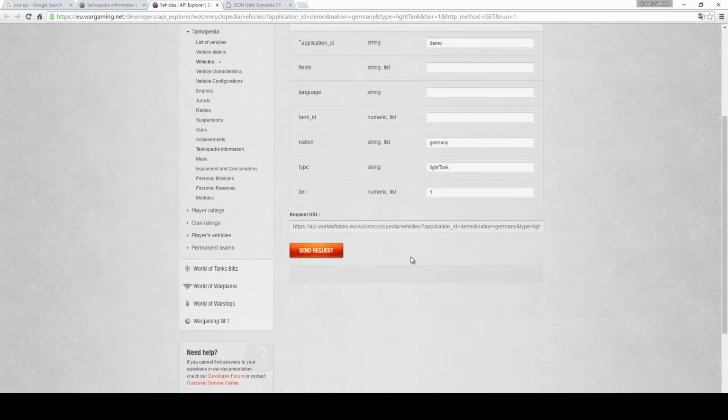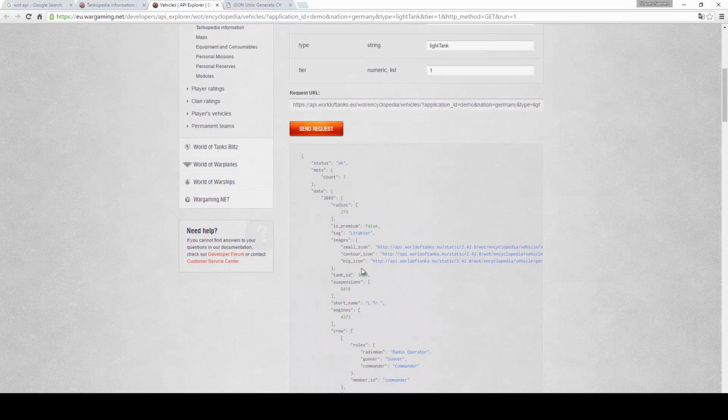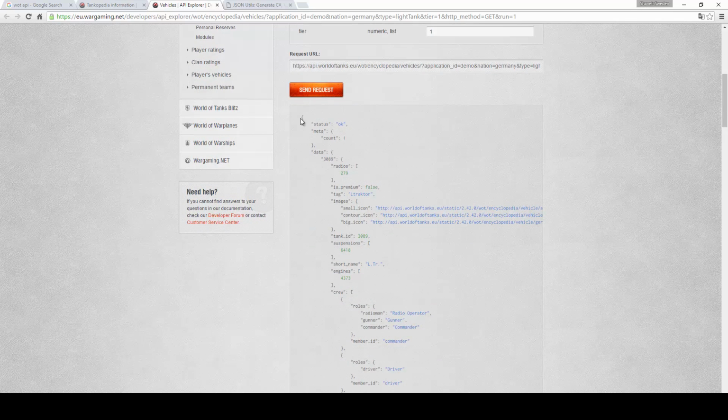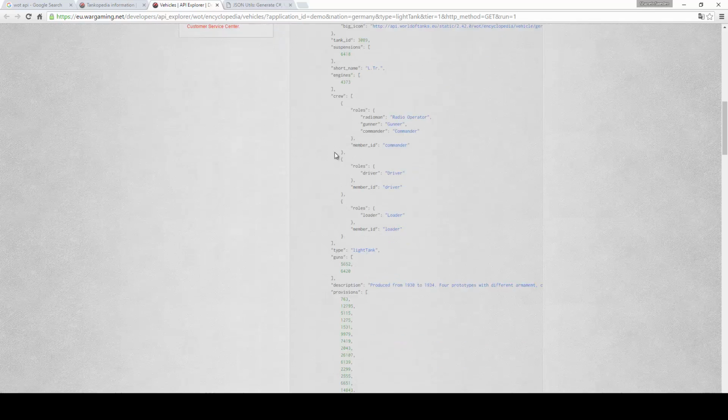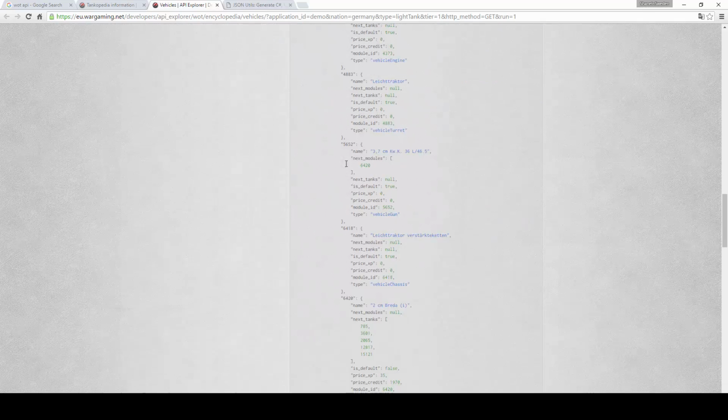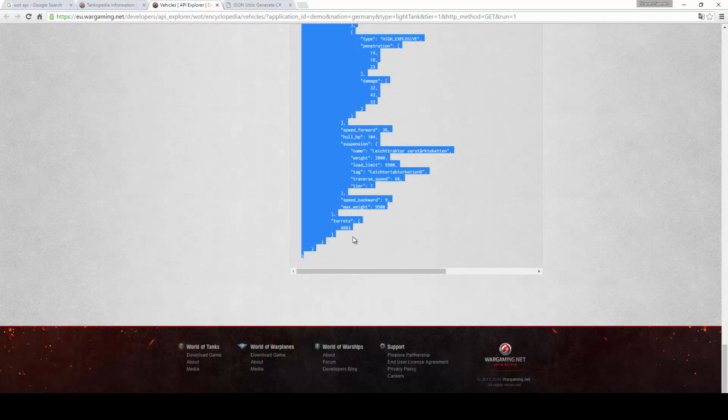There's an awful lot of fields there, and it would take quite a long time for us to create a data bearing class that would actually be able to handle all that information. And generally, I try to do as little manual coding as possible. So I'm just going to copy all this JSON text,